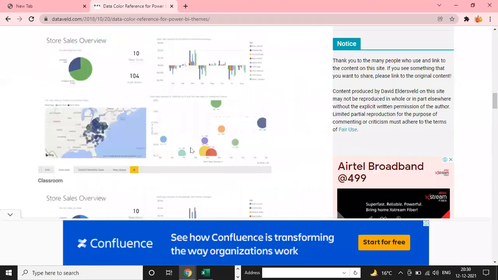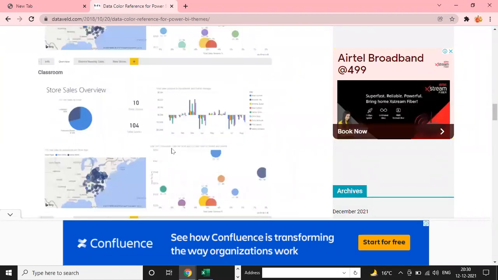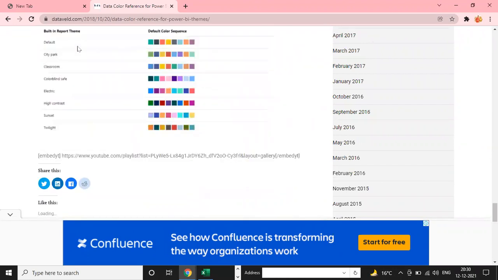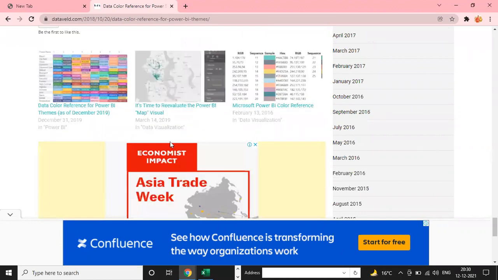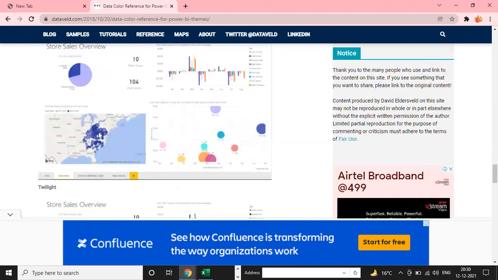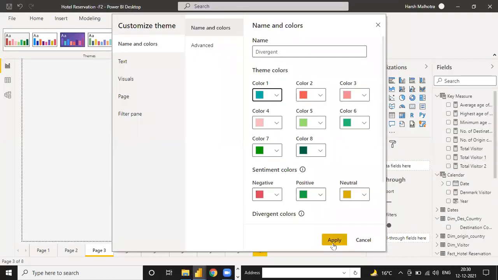There are a lot of themes, not only these 5 to 10, there are thousands of themes. You just have to analyze. See, this is just for 1, 2, 3, 4, 5, 6, 7. But if you analyze, there are a lot of themes you have. Like this theme looks like this. Okay, this theme looks like this. So you can change your theme if you want. Right now I'm not changing anything.